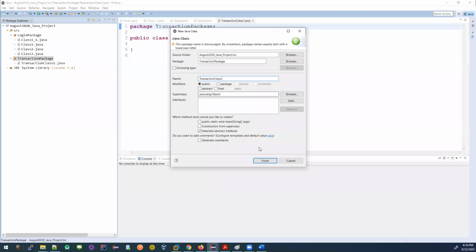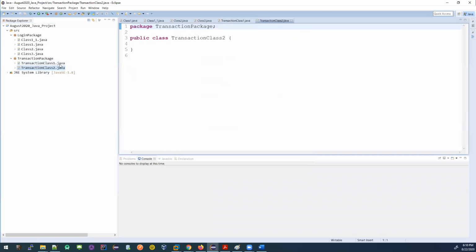I'm giving it the name transaction 2. So whatever code I'll be writing for transactions, I'm putting in these two classes. Since these files are related to transactions, I'm putting them in the transaction package.